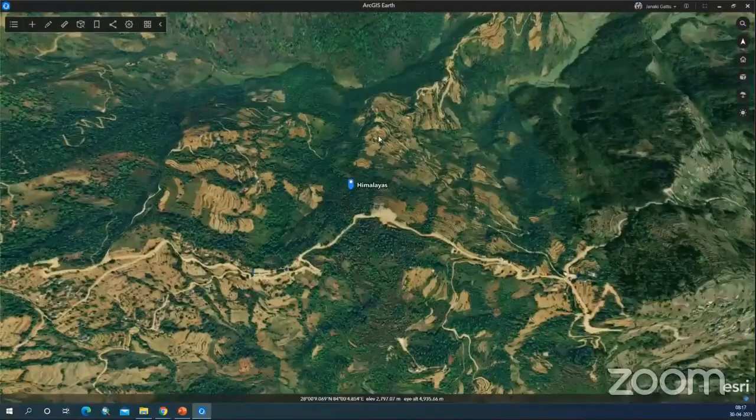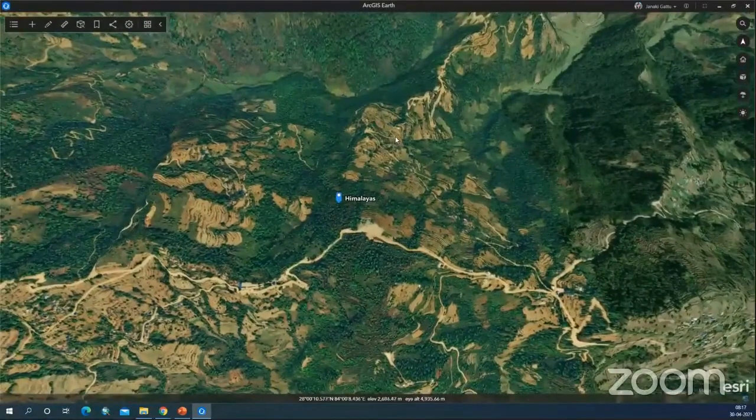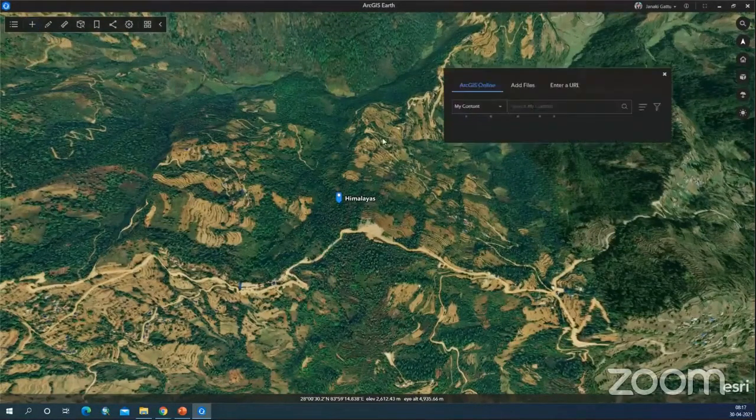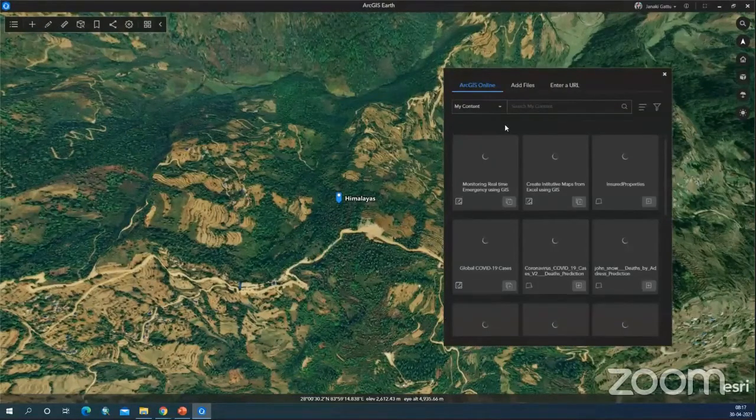Okay. Now, if you want to add your data, you can add the data like how we add in our ArcGIS Desktop and ArcGIS Pro or in ArcGIS Online. In a similar way, you can add the data from here. And if you see, you can add the data from ArcGIS Online, or you can add your own data, or you can add the data from APIs like the REST API. If you have a URL, you can give the URL.